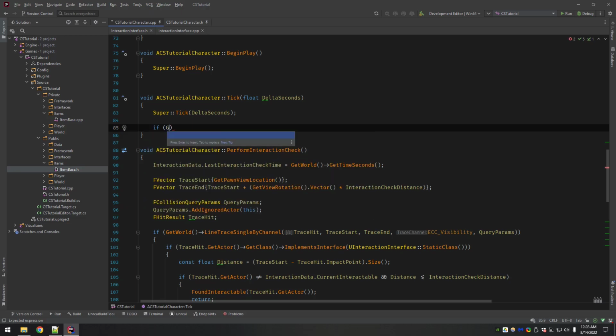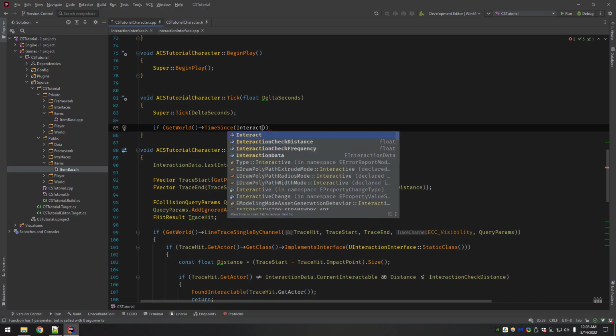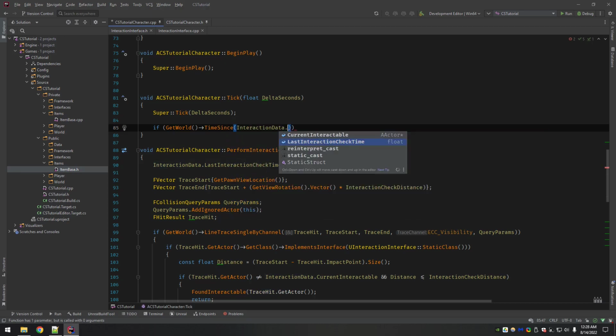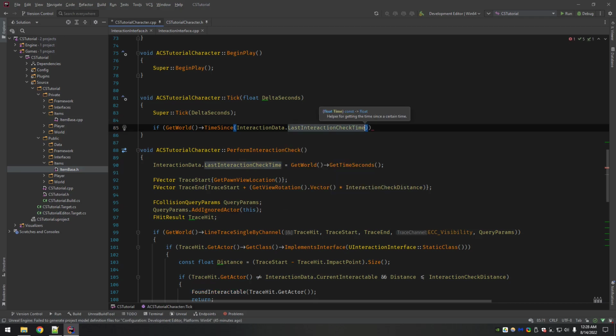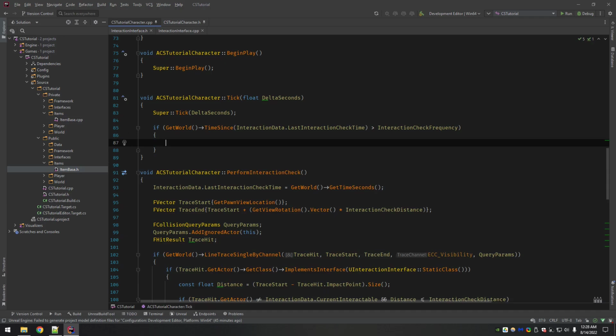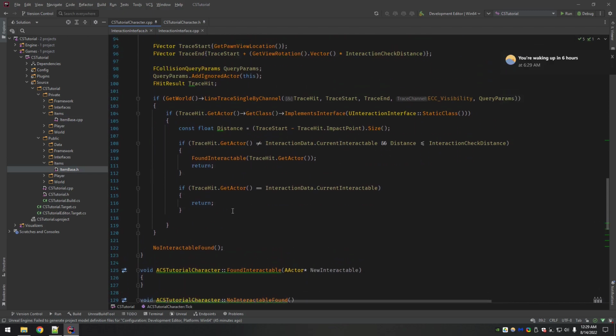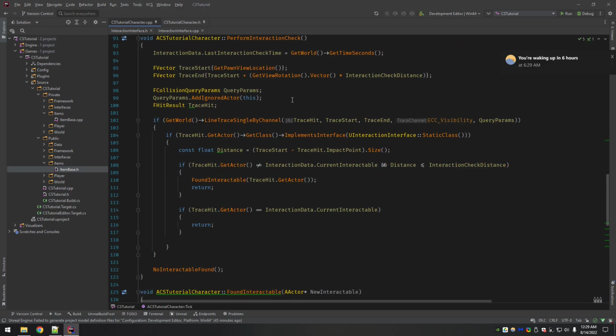So if, through get world, time since, get the interaction data last interaction check time is greater than interaction check frequency, you may have guessed we will call perform interaction check. Now we should test this out real quick to make sure it looks good. This is everything you need to constantly perform your interaction checks at a certain interval.